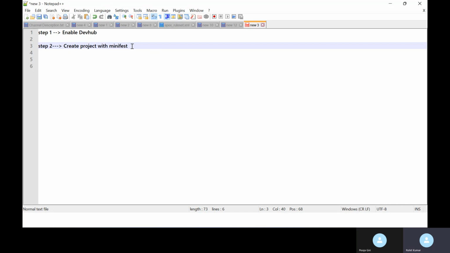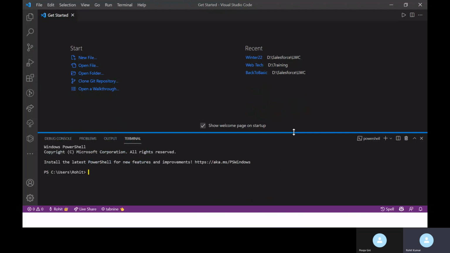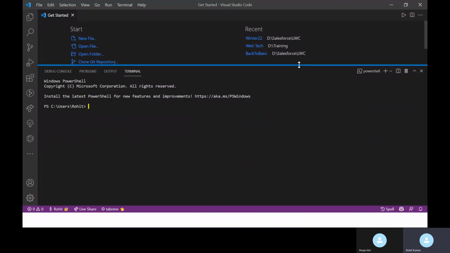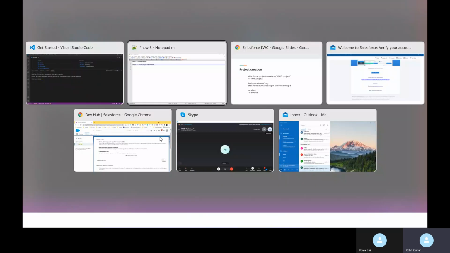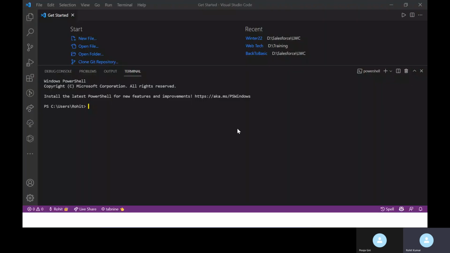So you can create it with the help of the terminal as well, with an sfdx command. Let me show you these commands first. The command is sfdx force colon project colon create, hyphen n, and then give your project name.